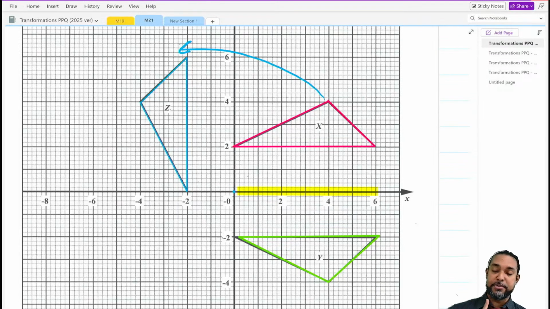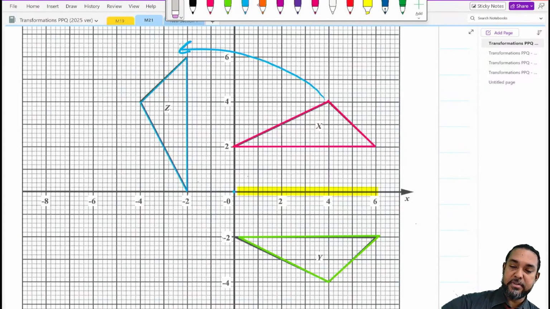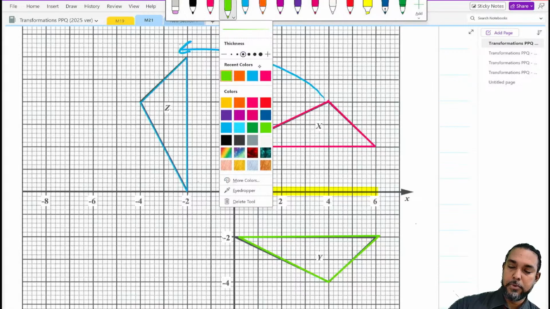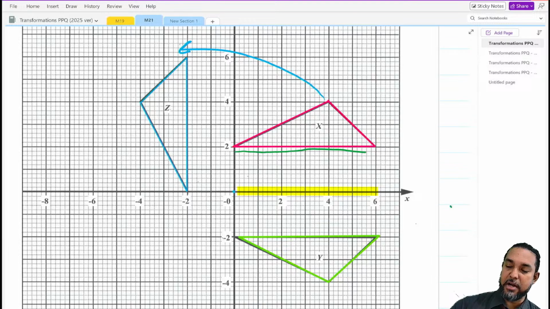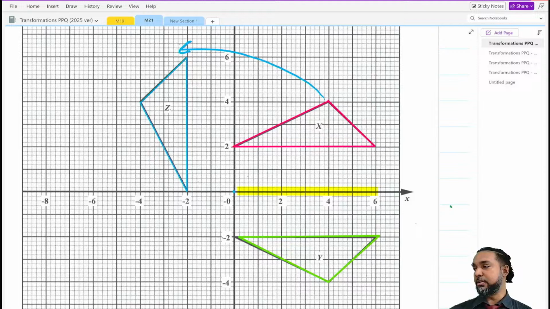Right? Now, another way you could tell what angle it passes through without even knowing the center of rotation is pick two corresponding sides. Right? Two sides that kind of match up. So let's say, for example, hold on, let me get a different color here. Okay. Let's say you took this side, the base of the triangle, right? What side in the triangle corresponds to that side? This side here. Okay, now check it. Across here in the original shape, that line is perfectly horizontal, correct?